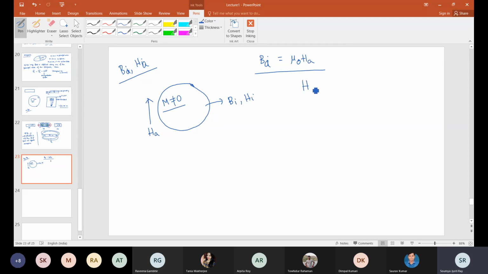Now what we do in reality, suppose we are doing a magnetic measurement, is that we get the value of the applied magnetic field. Let's say it is 1 Tesla or 2 Tesla, or 100 Gauss, whatever it is. We get the value from the magnet. And what we measure is some magnetization, say some value in emu per gram. Now if we have this M and Ha, then we can also get some value of susceptibility from here, right?